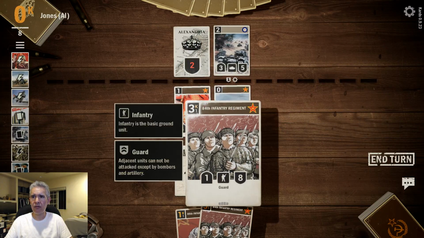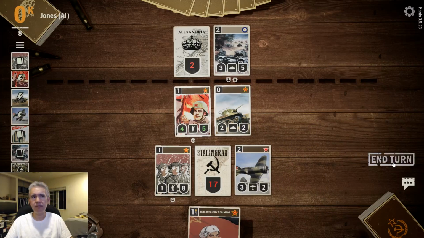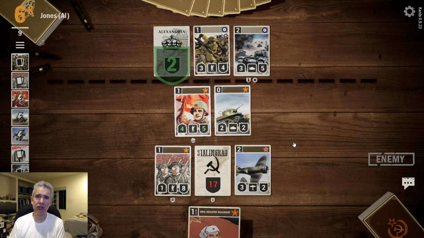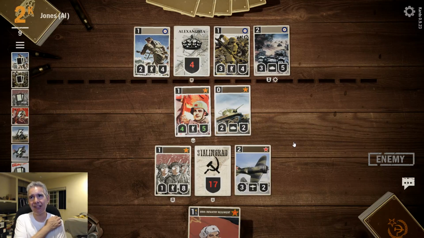So, do we have enough credits? We do. And this is guard, which is basically taunt. Yeah, it's pretty cool. It's free to play, Pie Dog, if you want to check it out. I like it a lot. The only thing is starter decks aren't really good. Obviously, this is the AI, so...